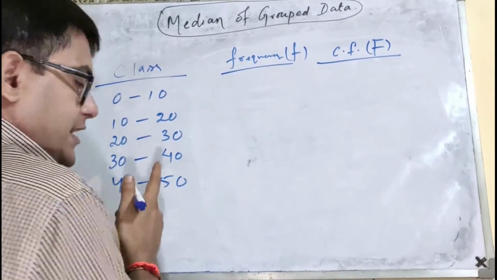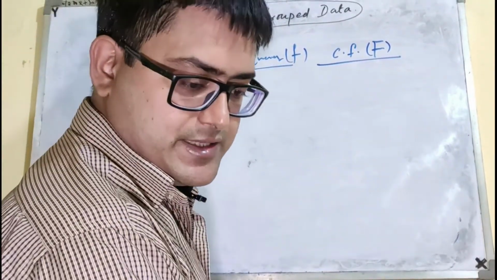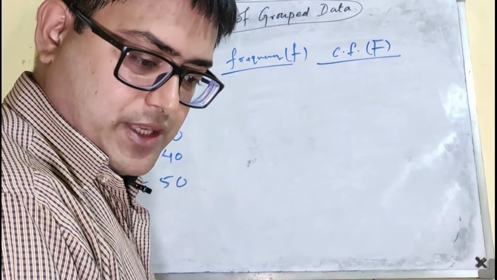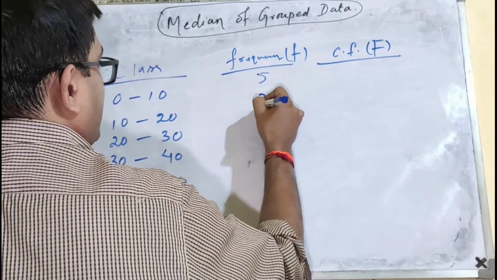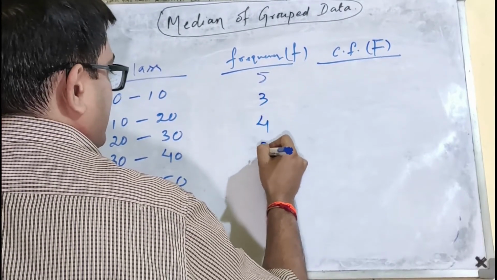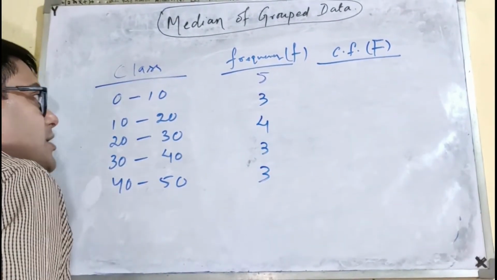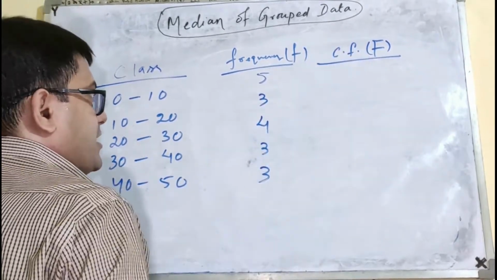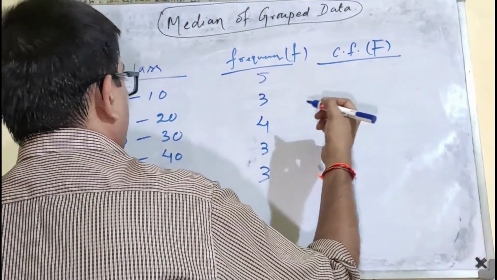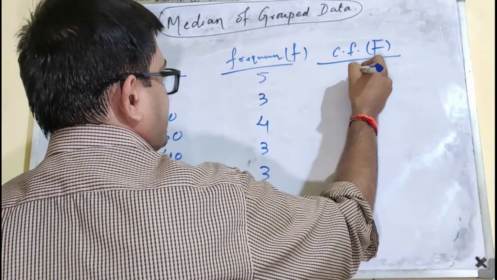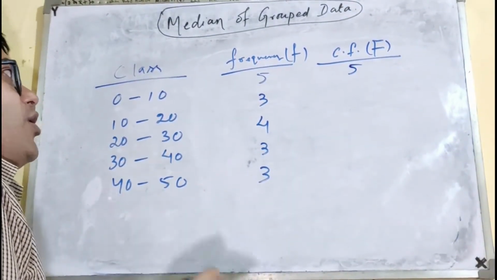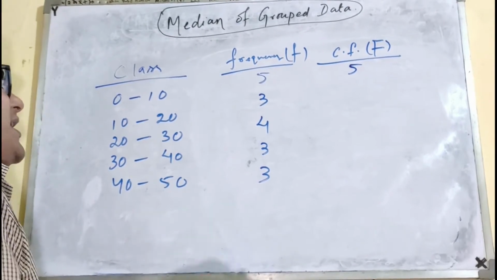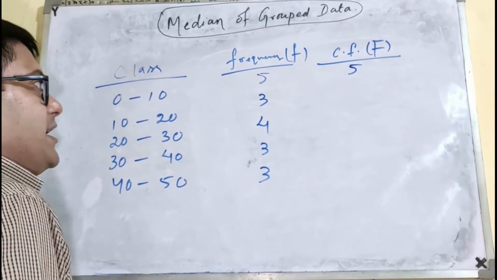So in this particular data set, let's say the frequencies are 5, 3, 4, 3, 3. Now, let us immediately write the cumulative frequencies as we've already discussed. What is cumulative frequency? Once again, it is the maximum ordinal number that can be assigned to that particular data